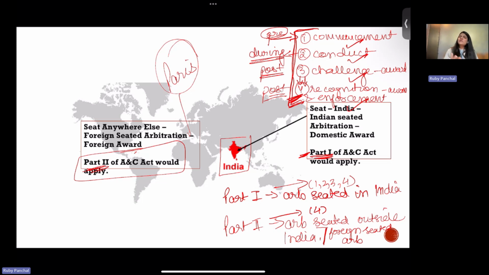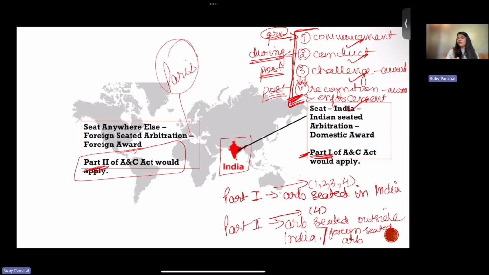And why is that? Because Paris, that is France, would have its own seat law, and that would be applicable to the arbitration, right? So we are not going to interfere in that, and Part 1 would not be applicable to that. This was basically also the holding or the ratio of the famous Balco judgment, but I would like to discuss it in another video for sure, because Balco's effect has also been boiled down with the proviso to Section 2(2). All right.